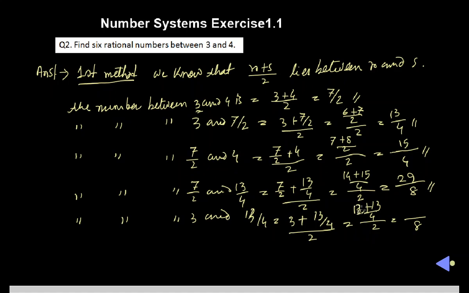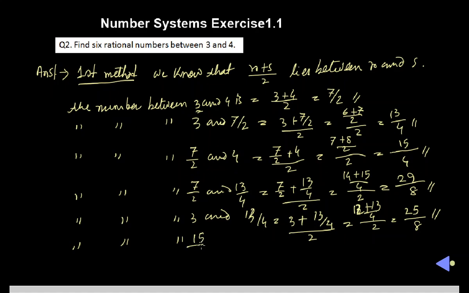It becomes 12. So 12 plus 13 means how much? 25. So 25 divided by 8. So that is our fifth number, and the final number should be equal to, suppose we are going to find out in between